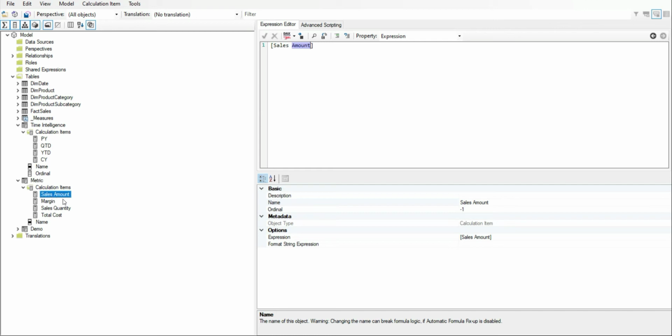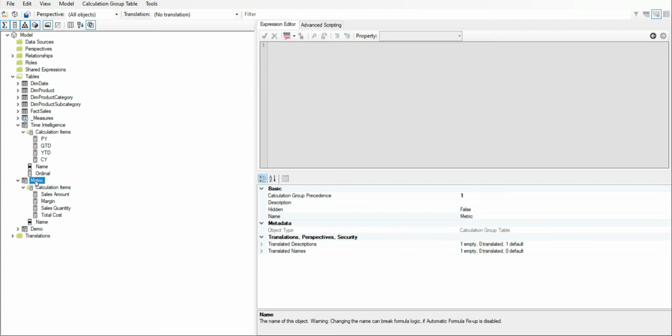Because I have two calculation groups, I have to define the precedence for each of them. Now, what is precedence? Whenever we have two or more calculation groups, precedence tells the VertiPaq engine which calculation group to execute first and which to execute next.